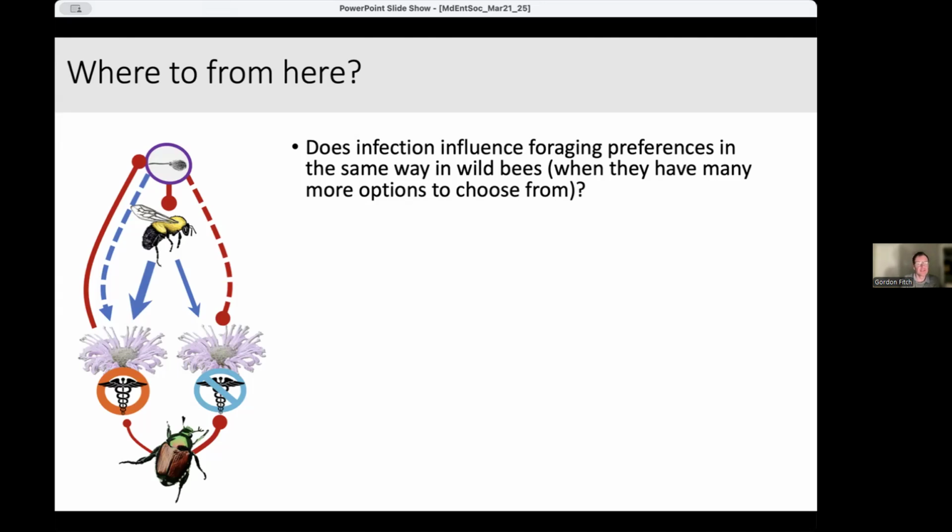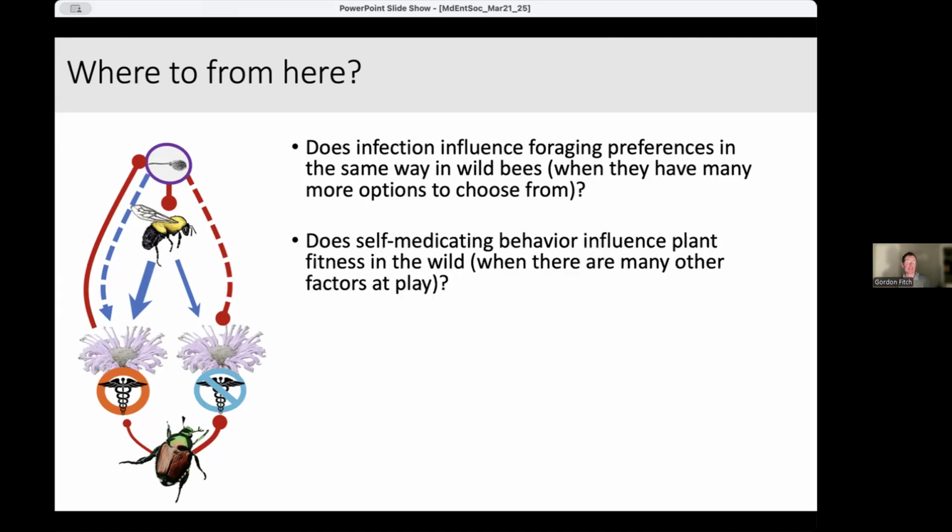We've started looking at this by sampling bees out in the wild. In the lab, we often will dissect the bees to look at their guts to screen for the parasite, but because it's transmitted fecal-orally, you can also just let a bee poop in a vial out in the field and check the feces for Crithidia and then let the bee go. So we're doing more of this non-lethal monitoring of the parasite to see whether out in the wild, sick bumblebees are also spending more time on these medicinal plants than the non-medicinal ones.